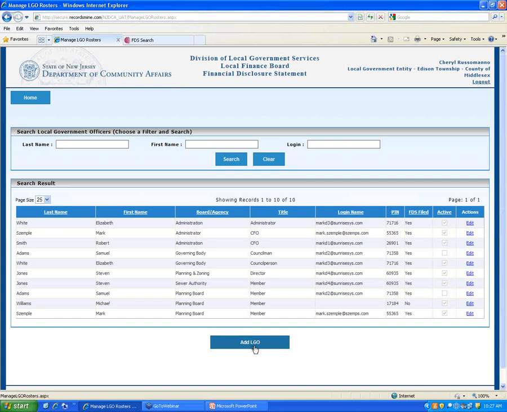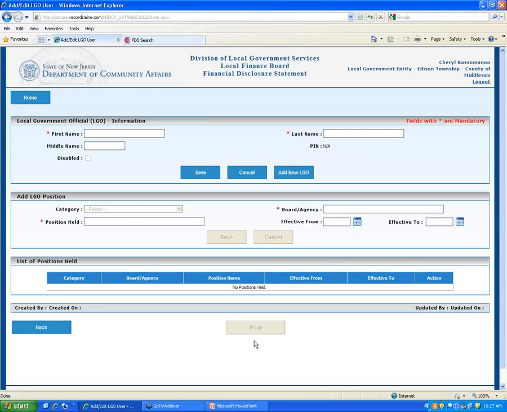Now, down at the bottom was where we were adding our LGO before. So I'm going to click on Add LGO right here. And in the top section, this is where we start the registration or the setup of the roster for this person. So here, as I was talking about, for first name, I'm going to put James. Last name is Walker. And I mentioned exactly why to use the legal first name, and all that. And then the middle name can go here if you have it.